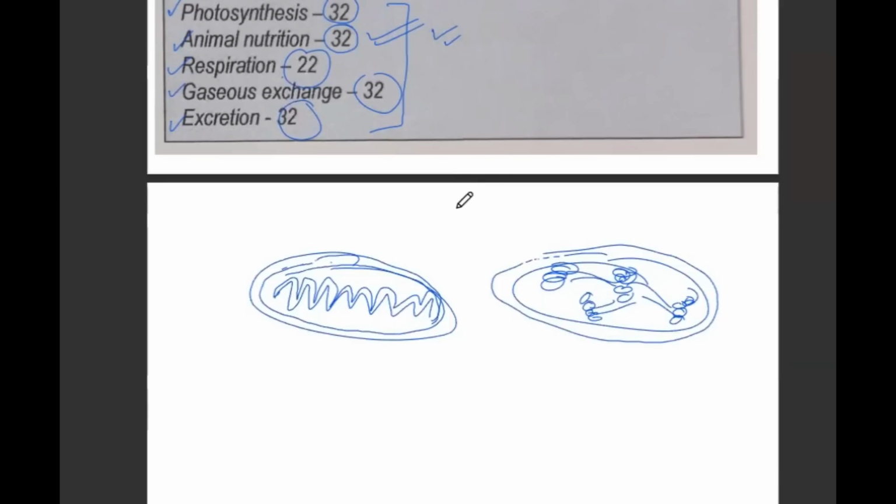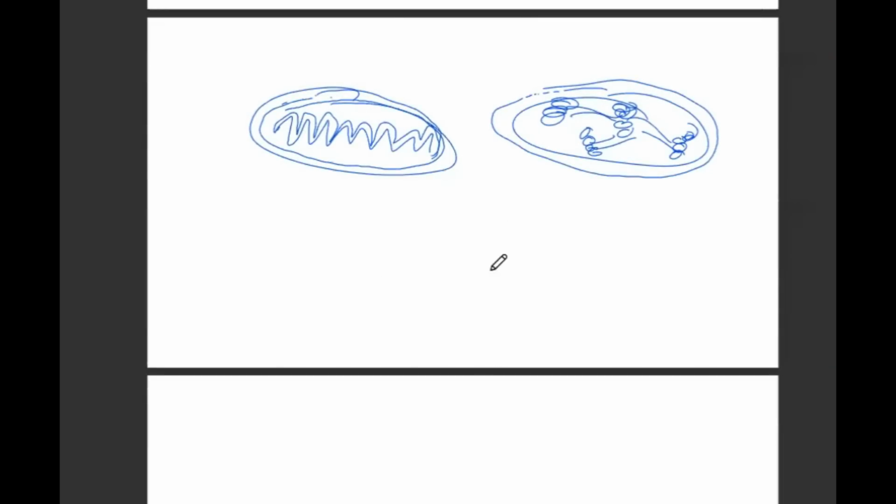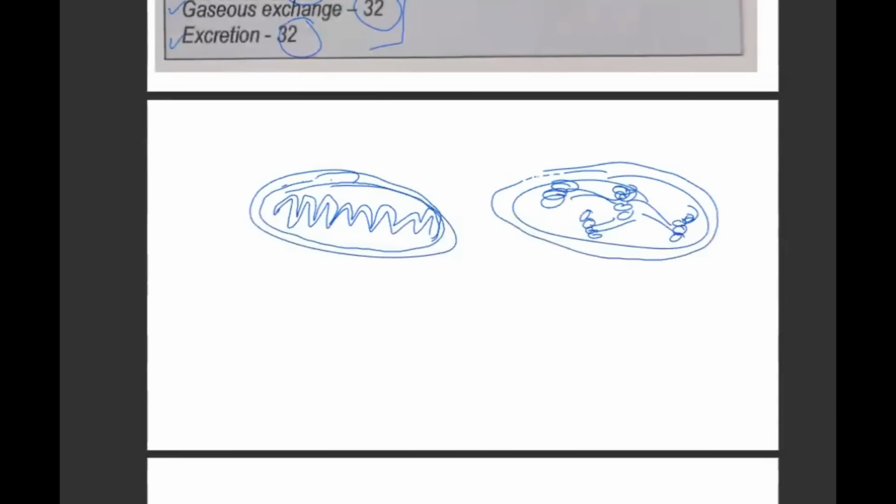Why? Because it involves labeling, drawing. Yes. So please, please, please go when you know that. Then let's go to the next topic, which is